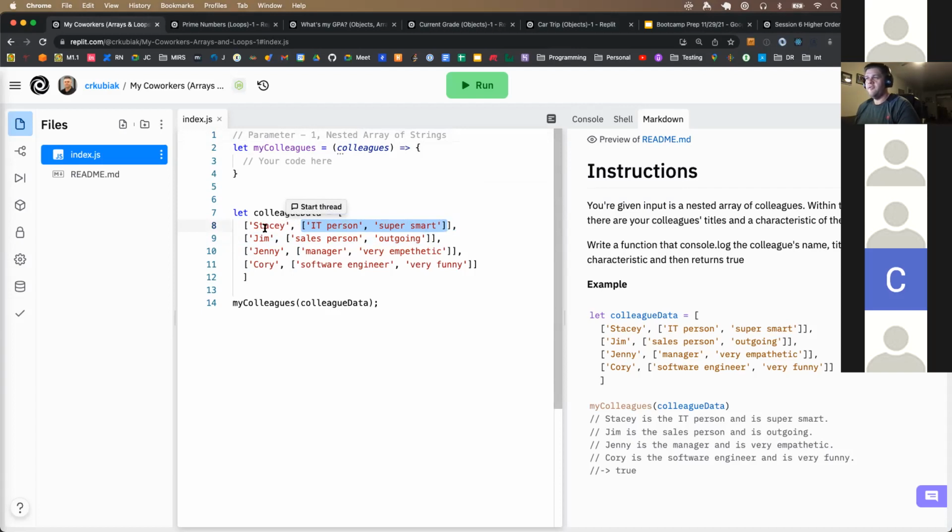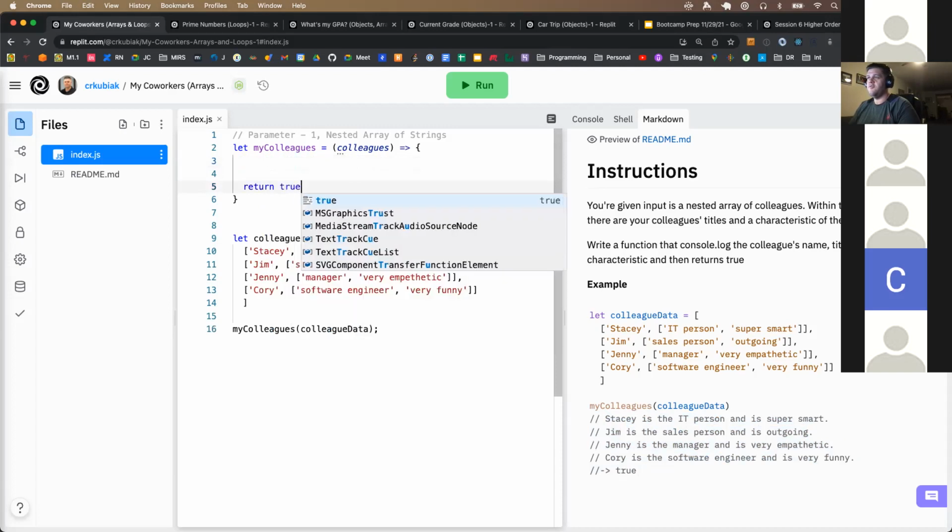Why you would have the double nesting here, kind of the career path and a character, like a personality trait? Don't do it. Just part of the challenge. Doesn't always have to make sense. It just has to make it harder. So we want to take the output and basically console.log these, put everything into a sentence, and then just return true. So that at least makes it easy, because I know I can put true down here and return true, and I'm passing at least part of this. So